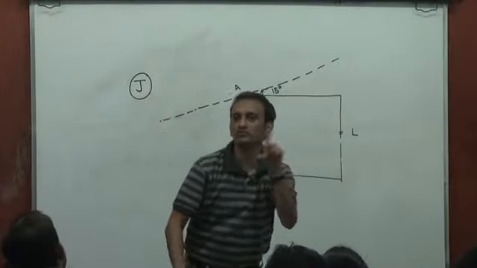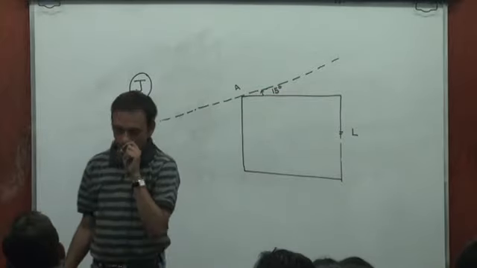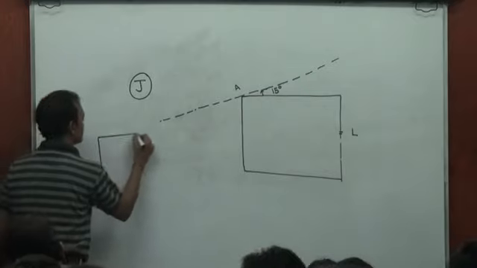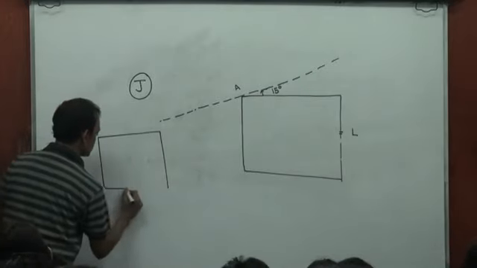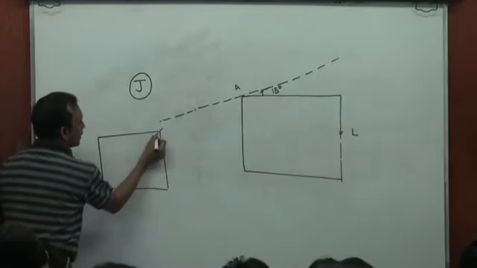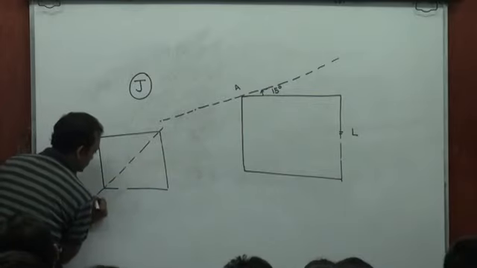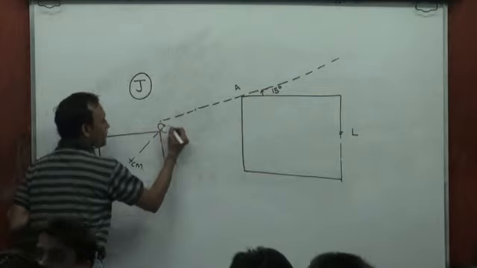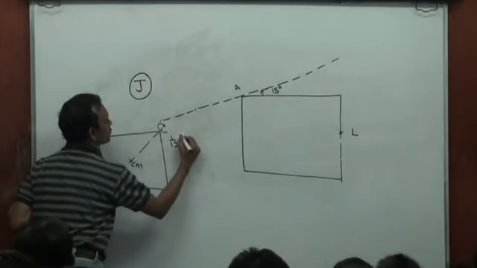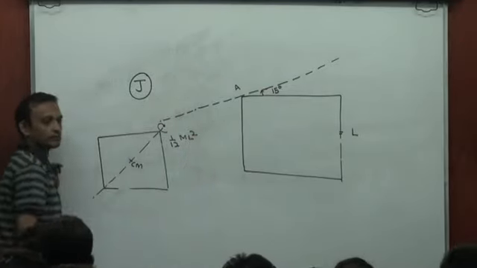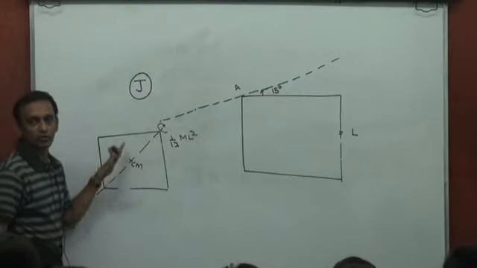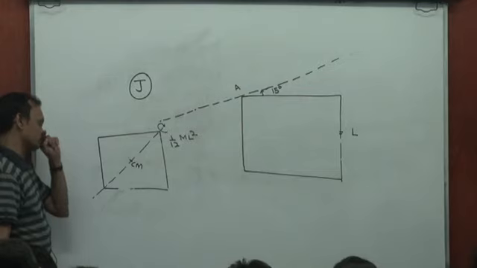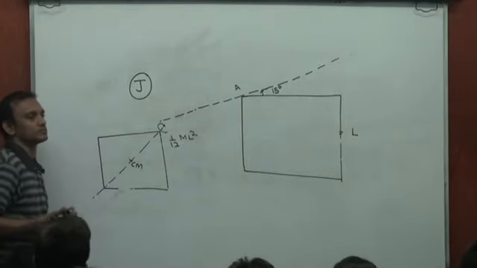Two things about the square lamina, if you remember. One, about a diagonal, the moment of inertia of a square lamina was 1/12 ml square. Remember that? About a diagonal, the moment of inertia was 1/12 ml square. One. Second,